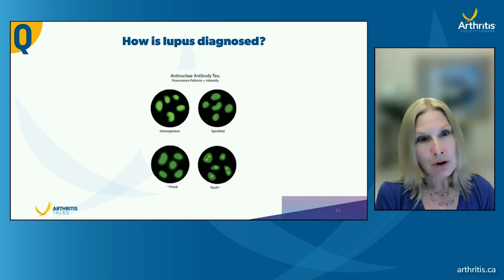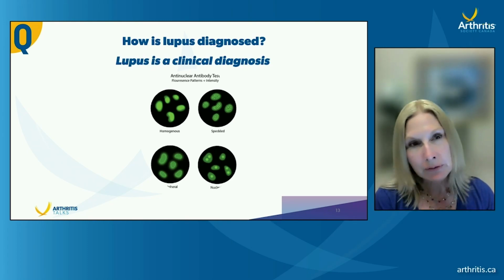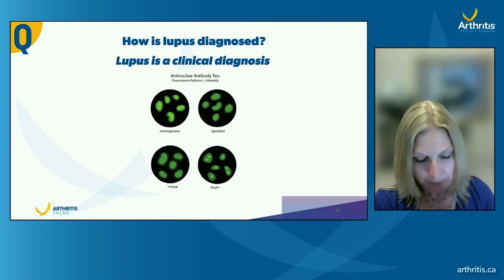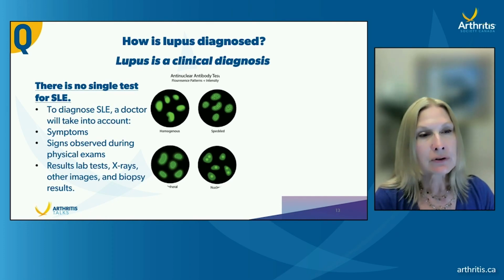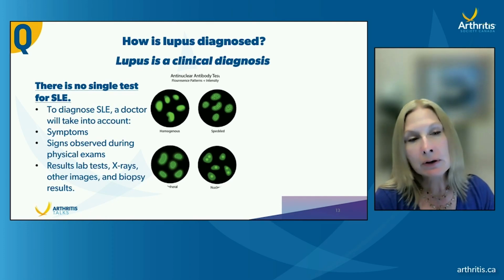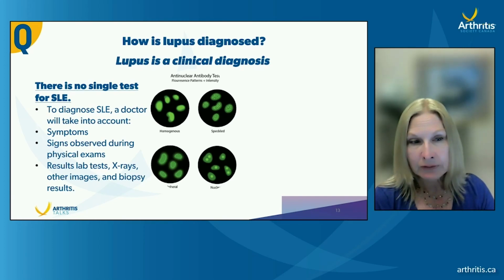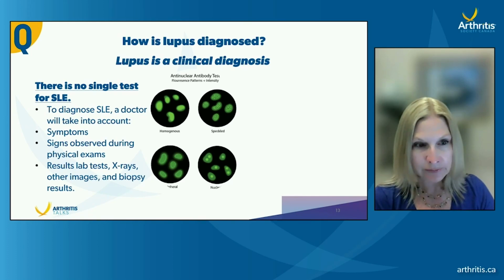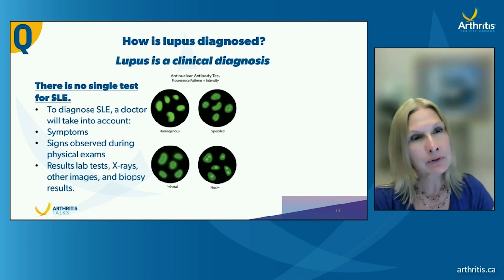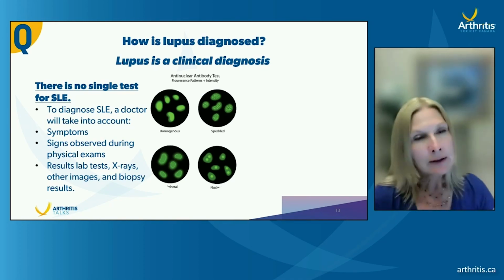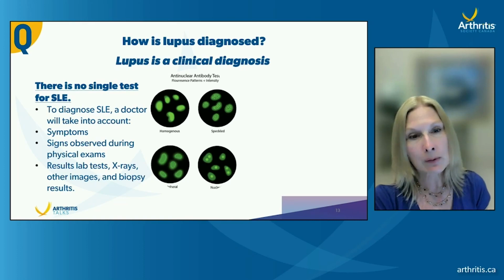So it's important to know that it's a clinical diagnosis. I try to drill this into the medical students when I'm teaching them about lupus, because it is really important to know that there is no single test for SLE. In order to diagnose it, you have to take into account the symptoms that a person has, signs observed on physical exams, and all of the different tests: lab tests, x-rays, other imaging studies, biopsy results. You try to put it all together like a puzzle, which again is very different from one person to the next,